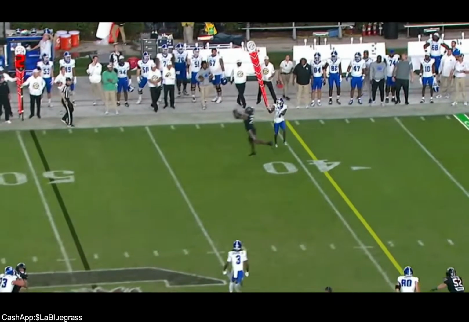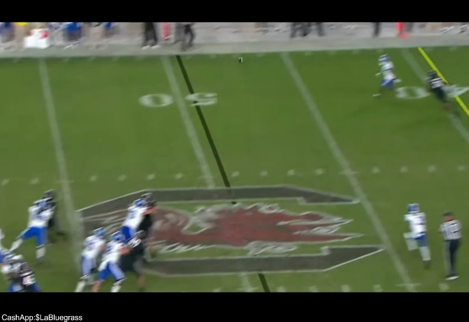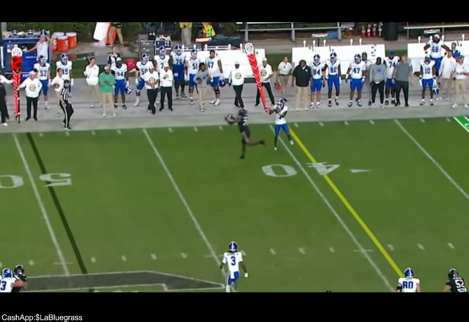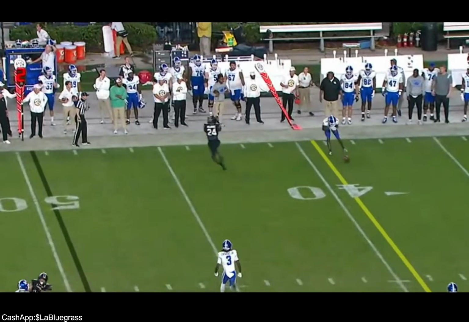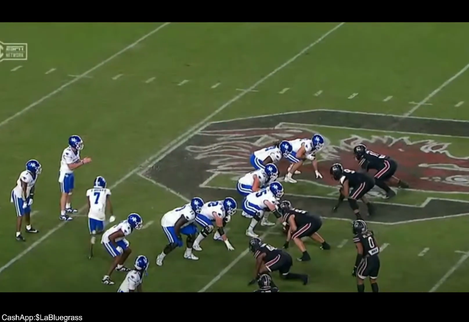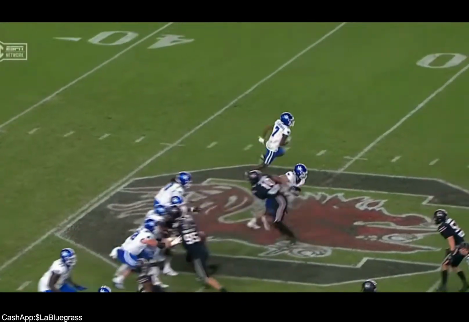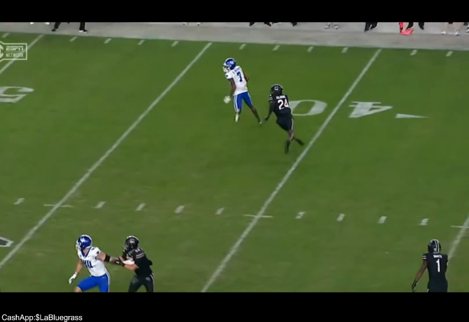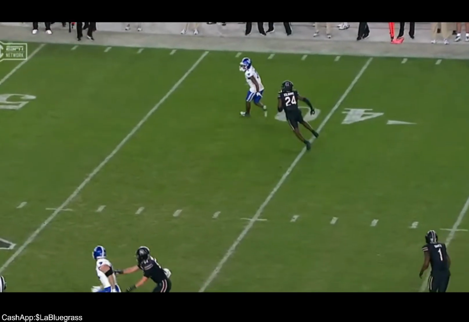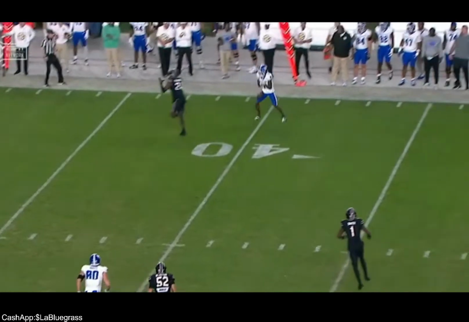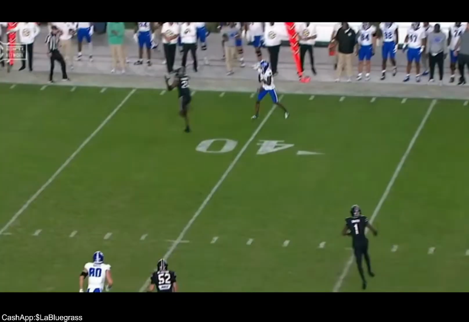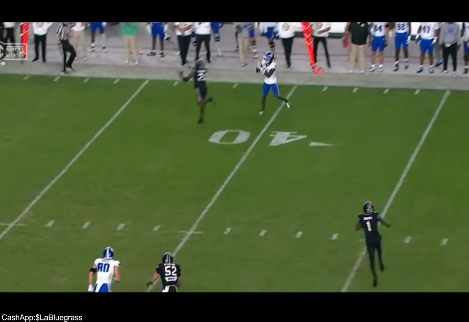Dude, why would you backpedal? Makes no sense. He's going away from the ball. He could have gone to the ball right here. He goes away from it. Make it make sense, y'all.